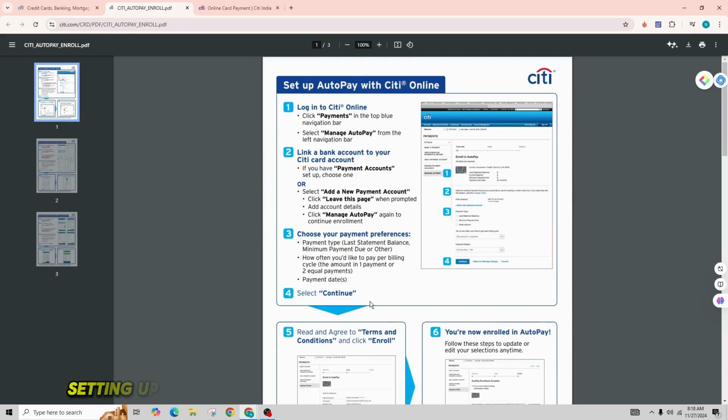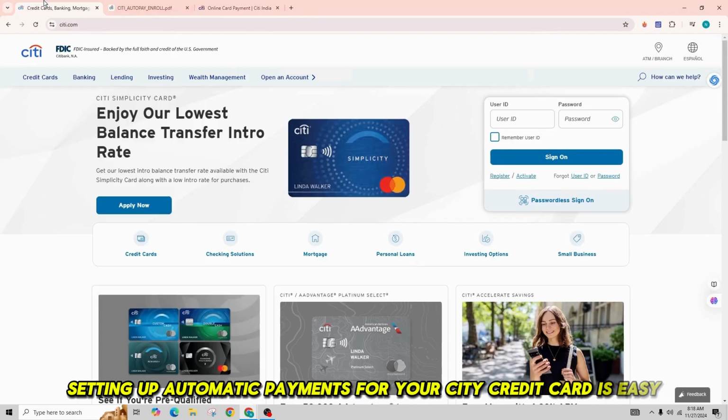And that's it. Setting up automatic payments for your Citi credit card is easy,